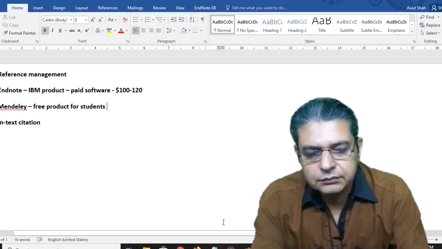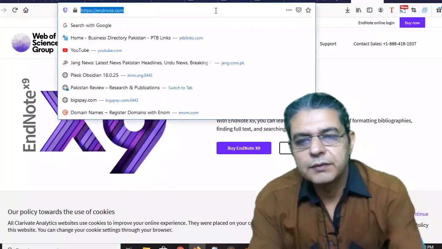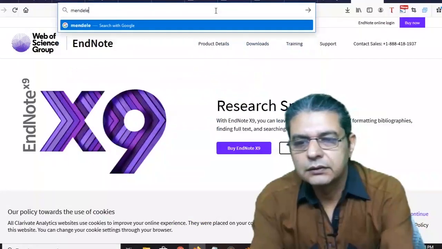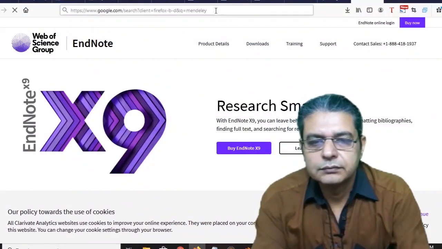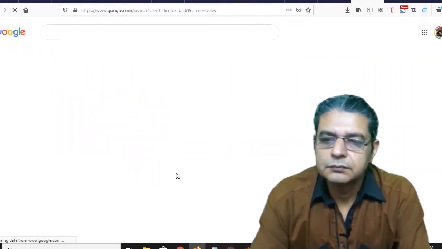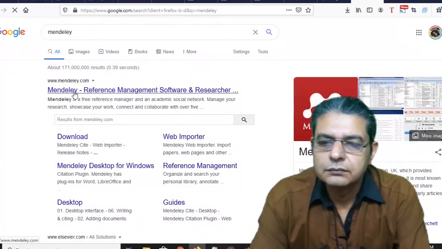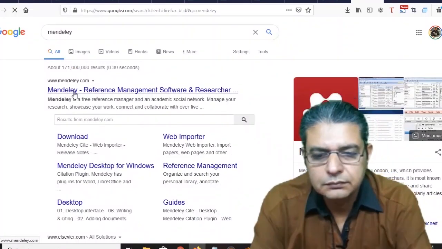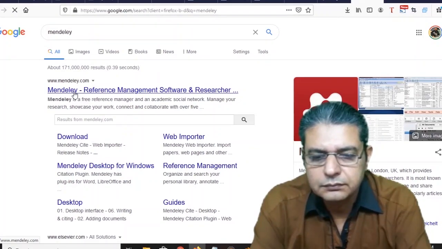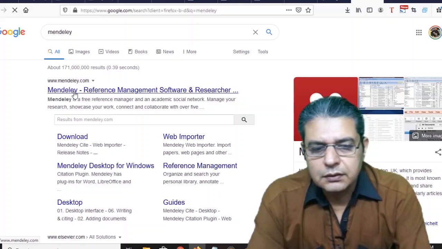So if you lose any data from your computer, you can quickly go online, open your online account, and download all the stuff on your computer and start working quickly and easily. Here's the Mendeley website, and while it's opening,